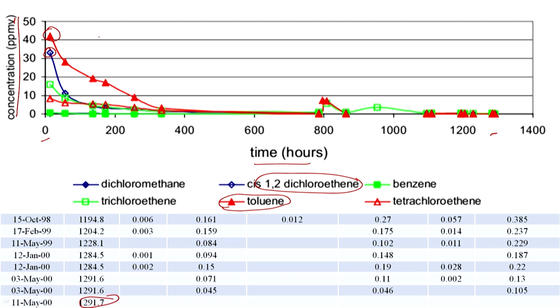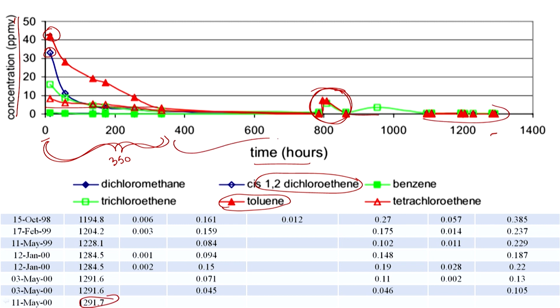As you see, here we started out with about 40 or so, and within 300 or 350 hours we are at almost 80 to 90% removal. We are able to capture 80% of the mass within 350 hours. But as you can see, you still have considerable mass and rebounds out here. This is a rebound; maybe they stopped the pumping, and then you have desorption from the soil and the contaminant concentration increasing, and then again pumping out and so on.